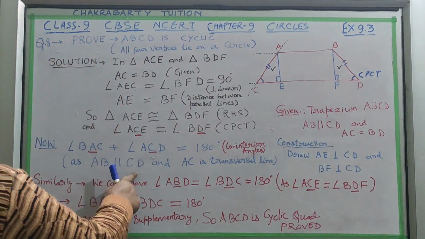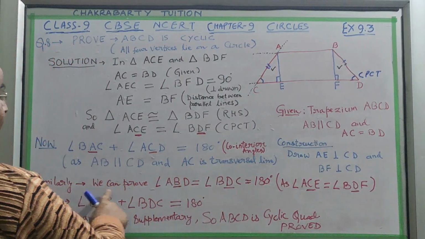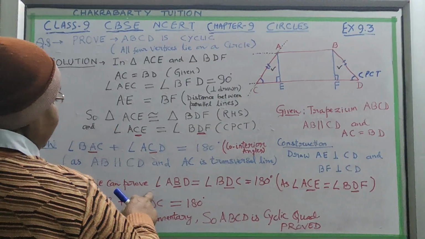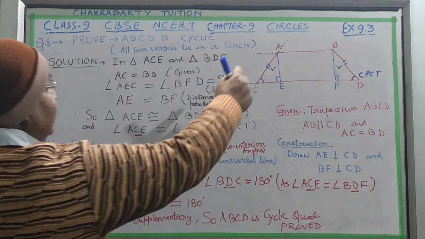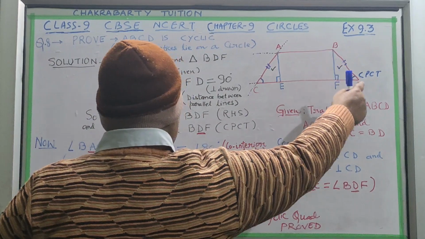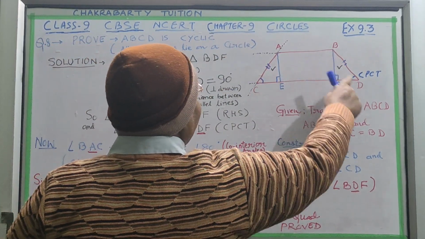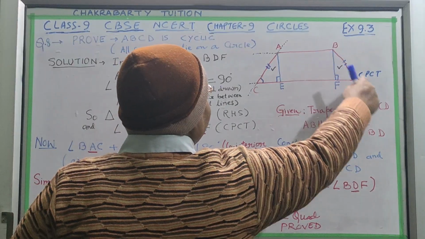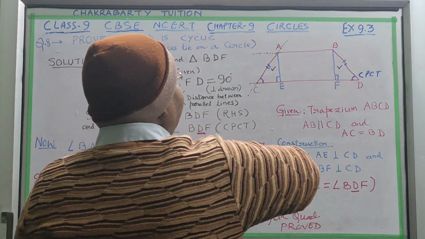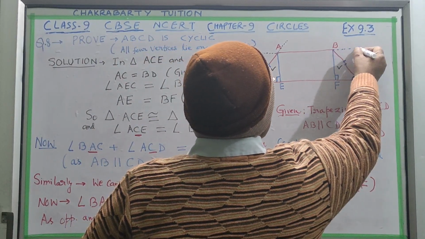Now, as AB is parallel and AC is a transversal, so it is clear. Similarly, this we have proved. So similarly, we can also prove this upper side also. Angle ABD means this angle, and angle BDC, because if you take this side, now you forget this side, now if we will increase this side,